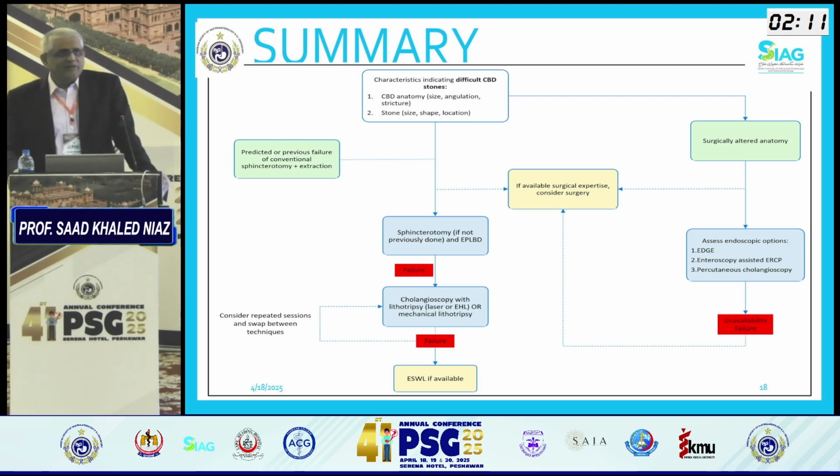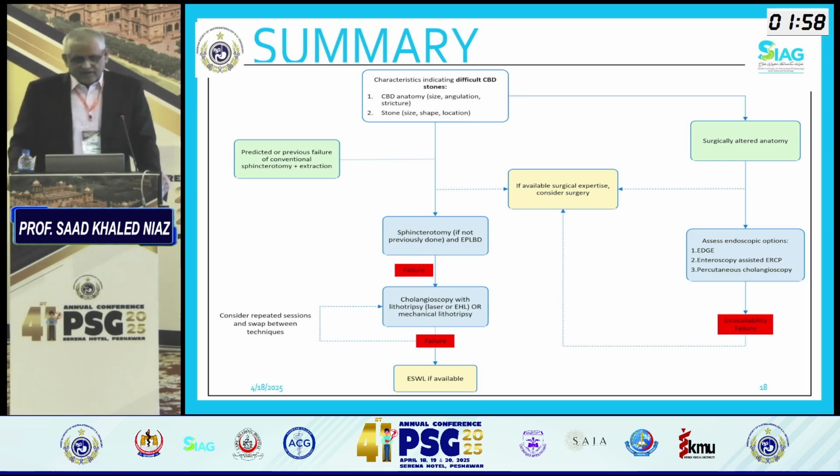If sphincterotomy doesn't work, you go to sphincteroplasty. Usually average sphincteroplasty for a stone which would be considered difficult would be 15 mm. After sphincteroplasty, if the stone doesn't come out, you can use a basket, but use a basket that has the ability to crush. The standard basket for large stones must not be used, in my opinion. And if that doesn't work, you can put in a spyglass.